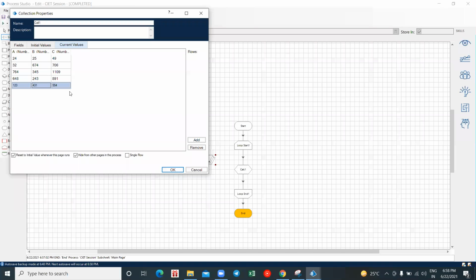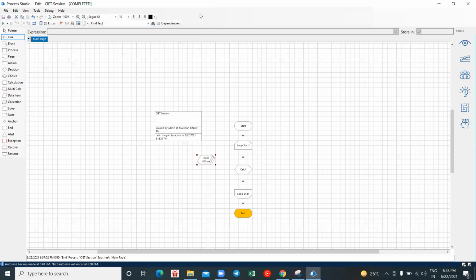To perform the same operation for multiple rows, we go with a loop stage. Is everyone clear with your collection stage, loop stage and data item? Are these all 4 stages clear to all?